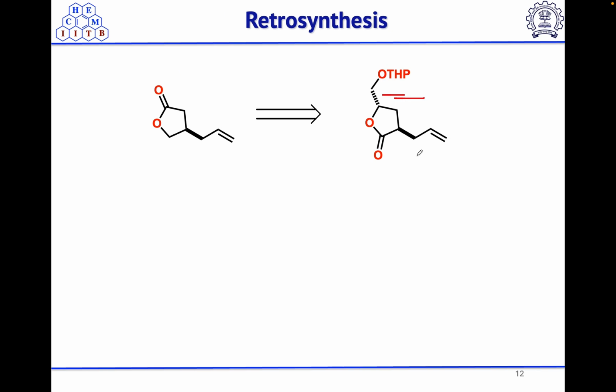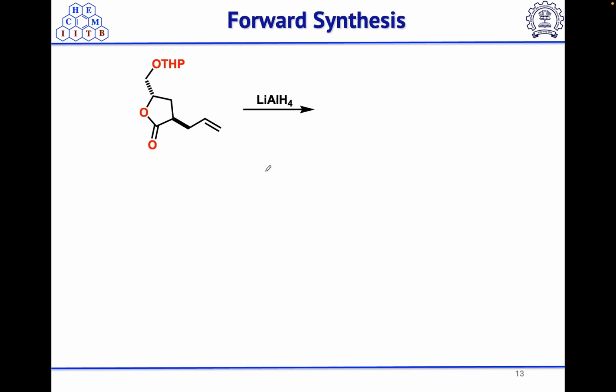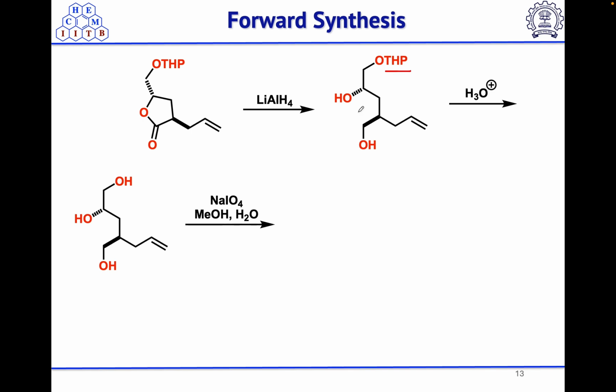So we can think of some functional group interconversions. First we can do the LiAlH4 reduction of this ester to get the diol. Then the THP deprotection of the alcohol under some mild acidic condition will give this triol, and among them this is the 1,2 diol. We can easily think about oxidative cleavage of this 1,2 diol, and we will get the corresponding aldehyde,